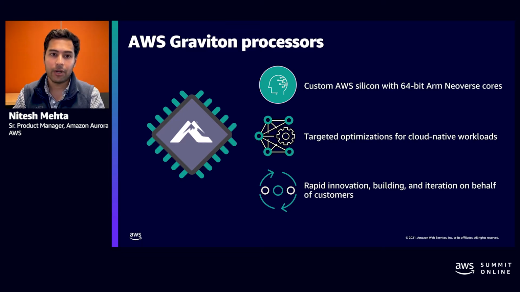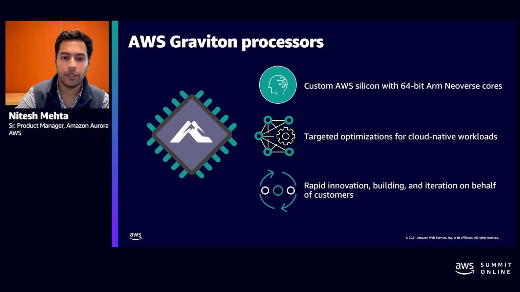We decided to build the Graviton2 processor because it's built specifically for cloud-native workloads. These customers might want better performance, high throughput, easier scaling, and the Graviton2 processors are built with that in mind. We started off with the Graviton1 processors, of course, a few years ago, and since then we have continued to make improvements and worked our way towards Graviton2.